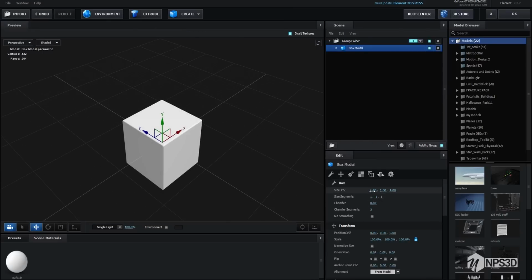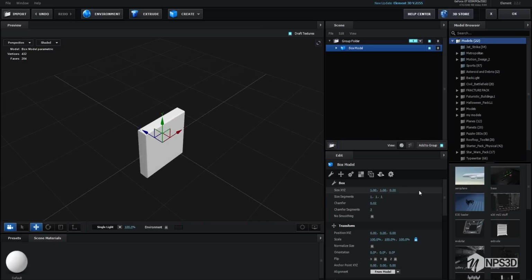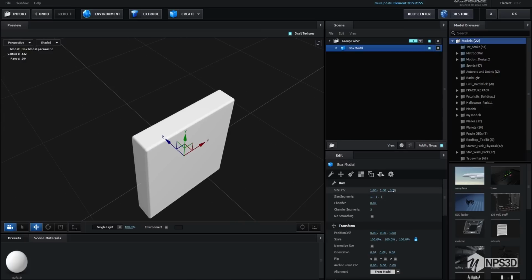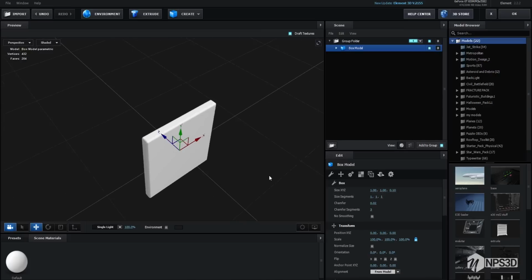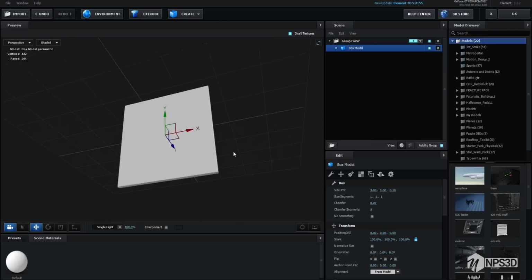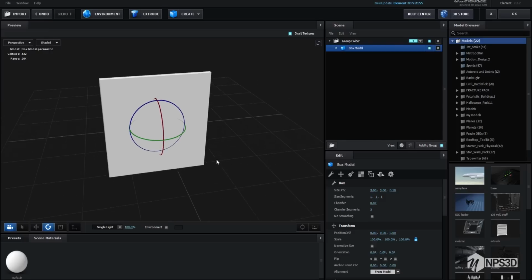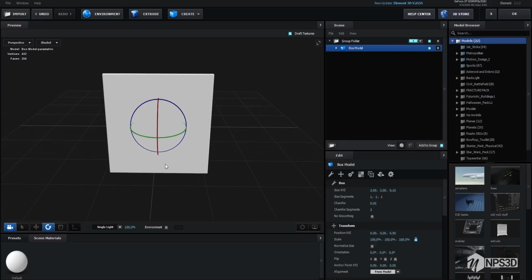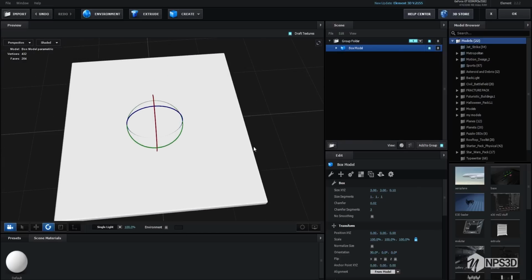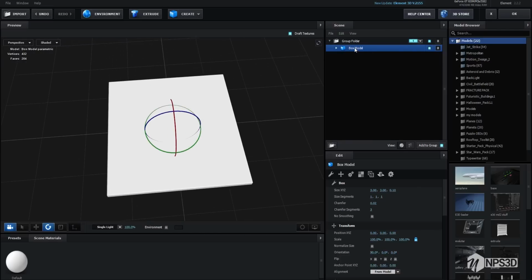and here I will adjust the segments, so X, Y and Z. So this is Z, so for Z we need it not too thin, so maybe 0.1 is good, and for X we need maybe 3 and 3 for Y to make a perfect square just like this one. So good. So this is our layer, so we will just move like this, right, and just duplicate this, select